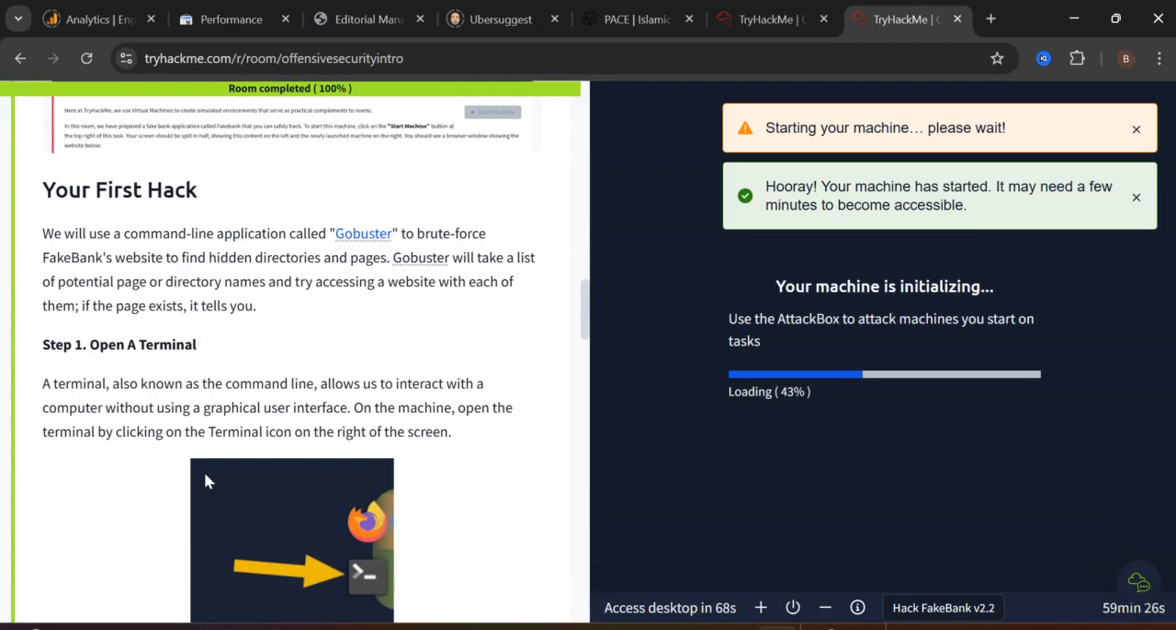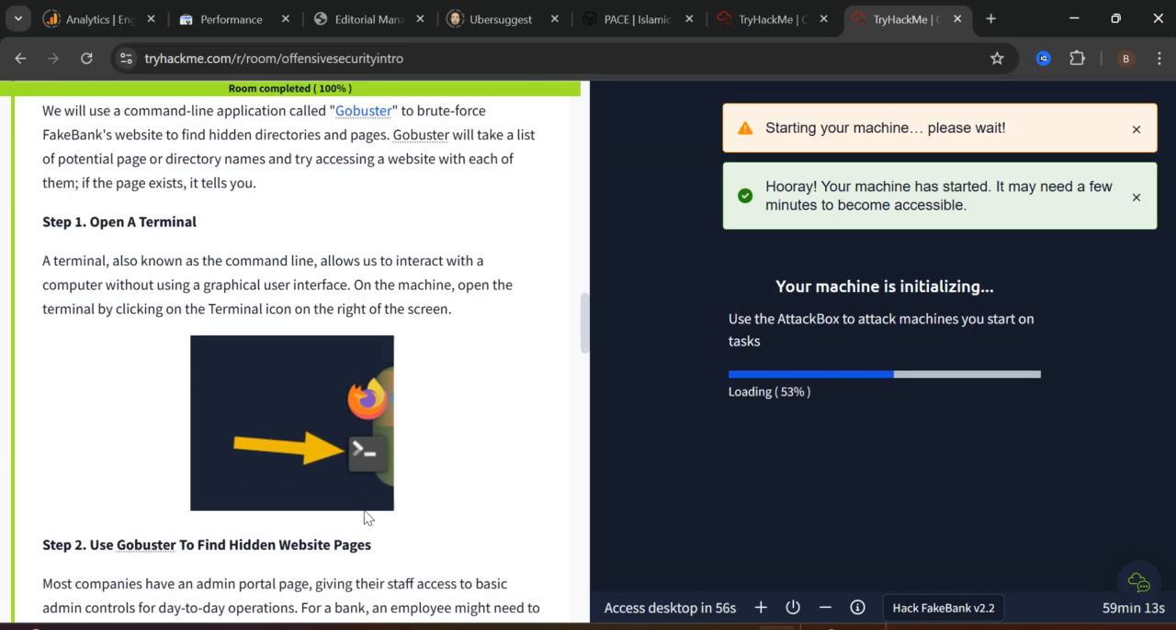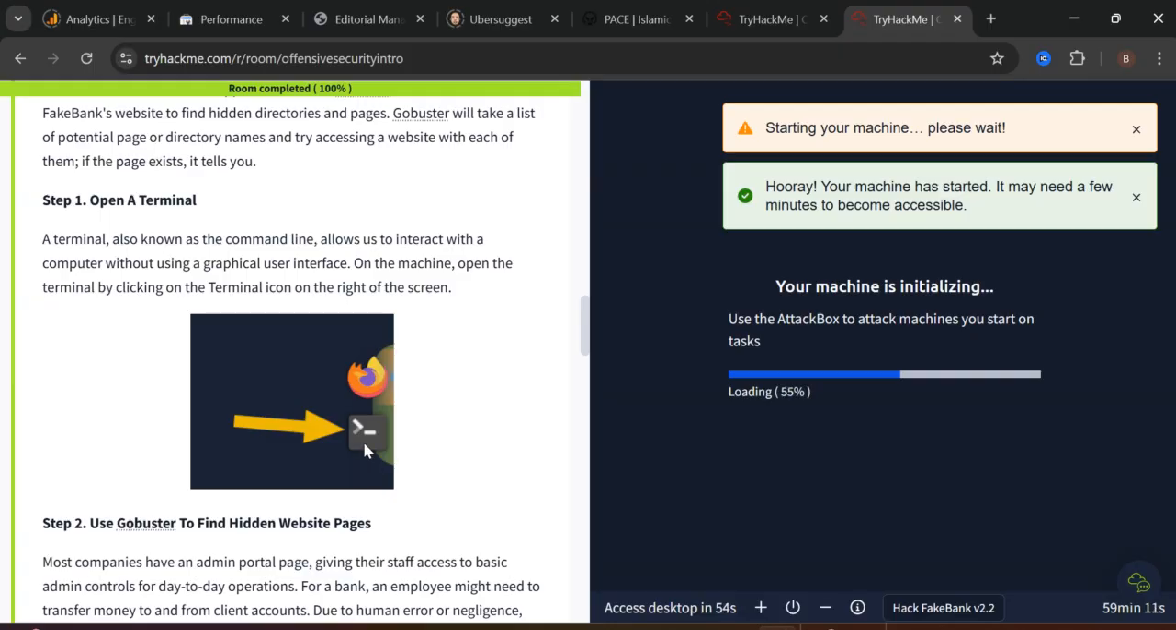So for your first hack, all the instructions are here. Let's take a look at the instructions. What you need to do is open a terminal. What is a terminal? We don't know about the terminal. Yes, the terminal is, here you can see the picture. They have pointed out the terminal here. You need to click on this. You may say that we are not able to see where it is. Yes, it will appear here once it's completed. You need to click on the terminal,